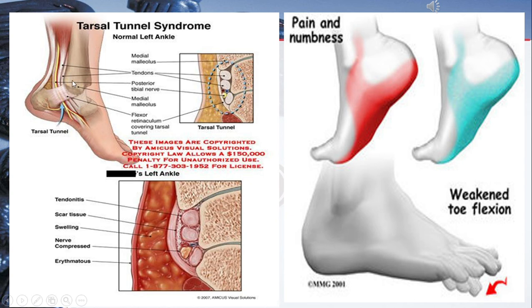Now, trauma in the region of tarsal tunnel results in compression and damage to the structures passing through the tarsal tunnel, and this is collectively known as tarsal tunnel syndrome. You can see here that the tendons of the muscles passing through the tarsal tunnel are inflamed in this section as compared to the normal one, and then there is nerve entrapment due to compression of the tibial nerve, and then the posterior tibial vessels are also compressed.